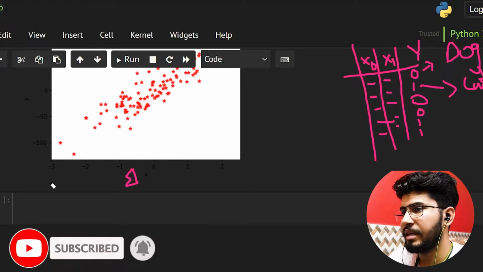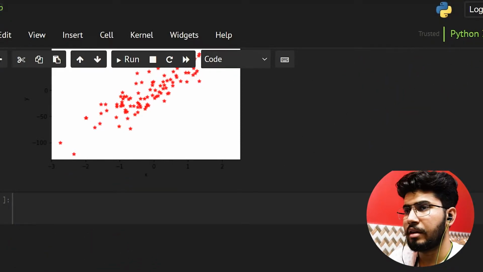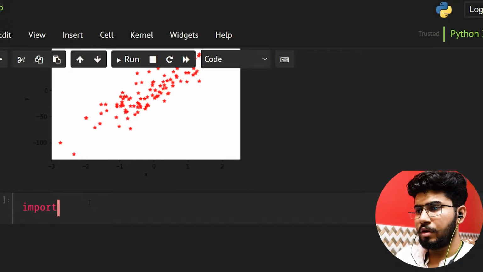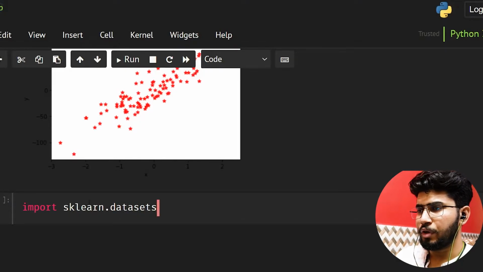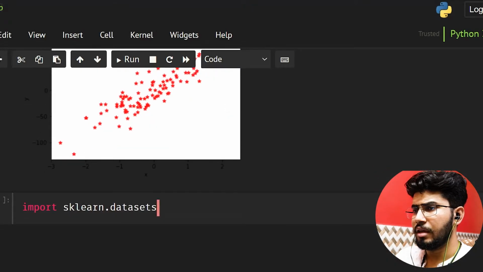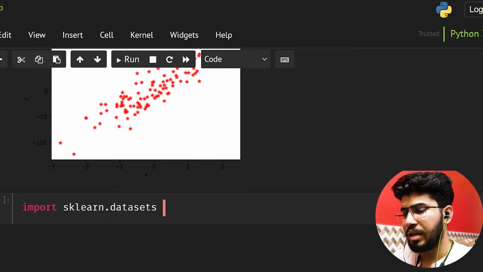So let's make some data. I will tell you how you can represent it correctly. Again I am going to import sklearn.datasets. I have already imported matplotlib in the last video, so I am not going to do it again. I'm just going to create the data using sklearn. You don't have to worry about it.